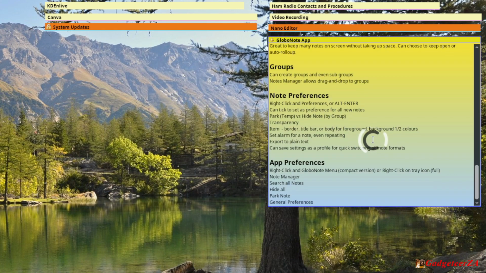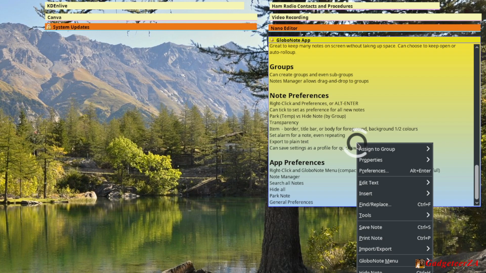Then you've also got a couple of app preferences themselves. So there's two ways to get to that. You can right click, and on the GloboNote menu you choose it and you get a sort of compact version of it, or you can right click on the system tray and get the full view. So I can show you both. Unfortunately, the right click on the system tray is not visible on the screen, so I'll just have to drag it in for you. But if you go down to GloboNote menu there, you've got a couple of general options